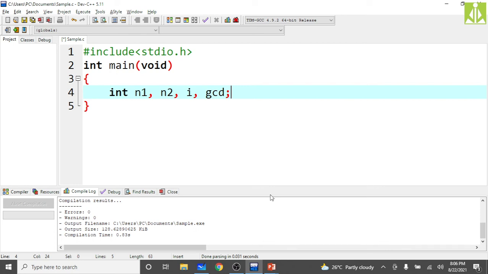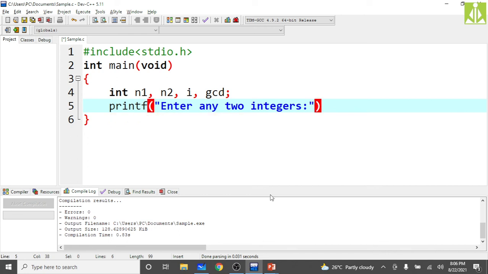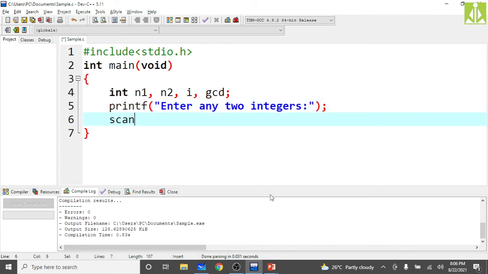Then gcd, greatest common divisor. Then printf, enter any two integers, and at the end put the semicolon. scanf %d space %d comma, the first value you read into n1 and the second value you read into n2.